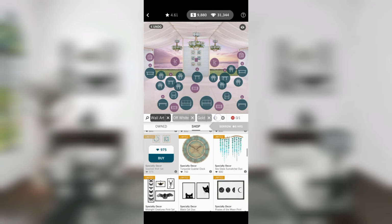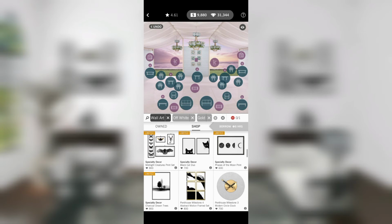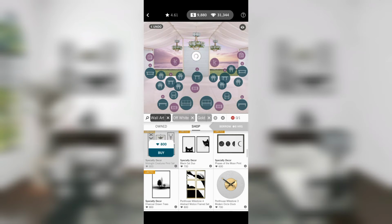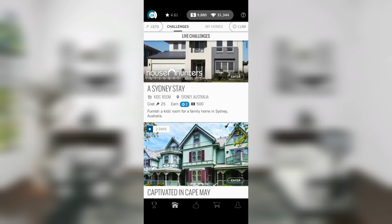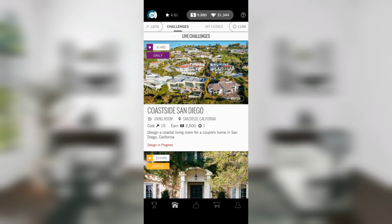Having said that, it's the first day of the series, and do you know what? I may cave. Who knows? I still have 14 hours to buy the black and white stuff, though, so I might go and get some more of that. I'm not really sure. I do really like the creatures print set in the black and white there. I really love that. So, anyway, let us take a look at today's daily,